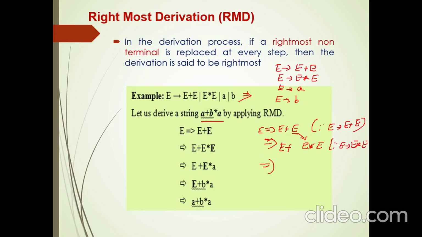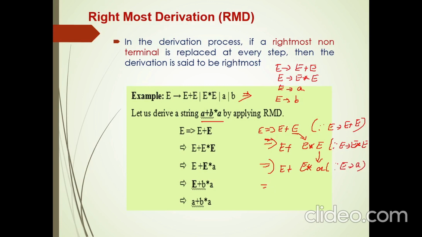Again we want to get one more term. Since we have got plus and star, now it is based on the rightmost non-terminal. After star we expect A. That's why go for E that gives you A. That is, E gives A. So apply this. Rest of them is same. E plus E star. So therefore, since E gives A.